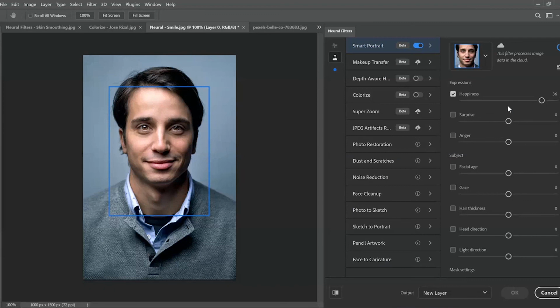So as you can see, he's not really smiling for this photo. Okay, so it takes a lot of time.